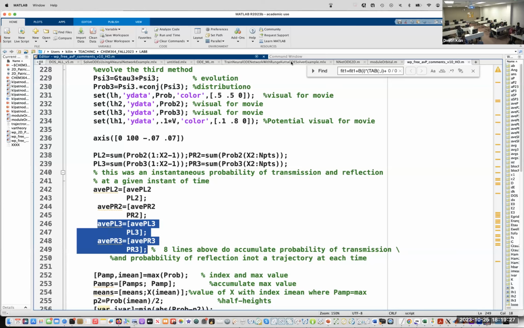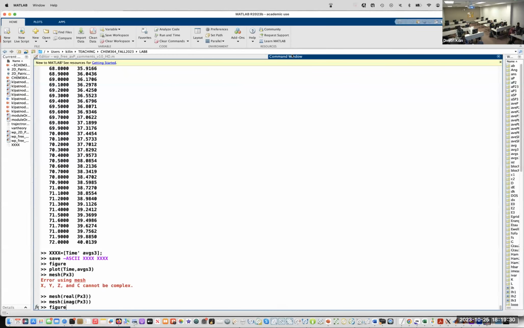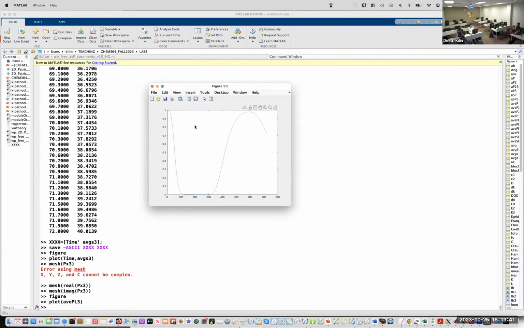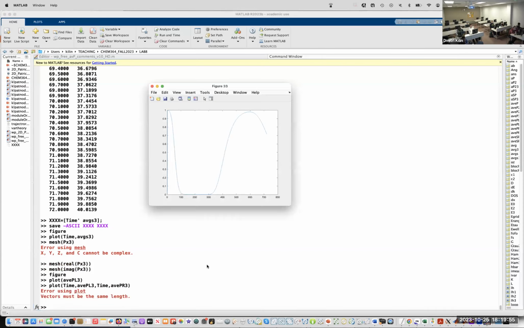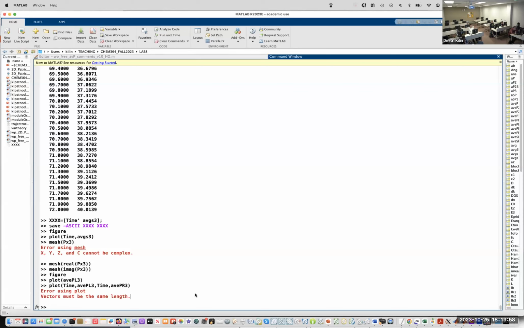So if we decide to plot them, figure, plot average P on left 3, I think we discussed them. Time, comma, time, average PR3. Let me figure it out.